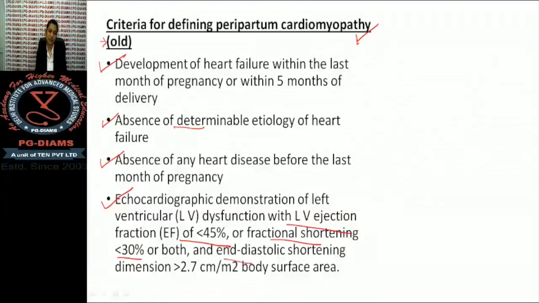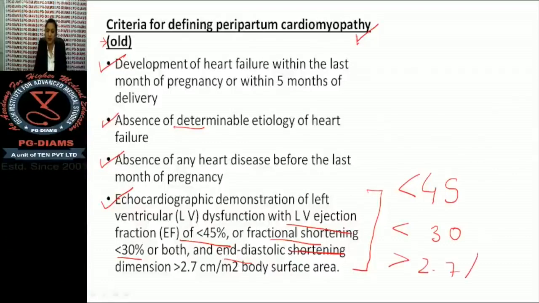dimension, no, that's not shortening, end diastolic dimension of more than 2.7 per meter square of body surface area. Now these are cardiologic definitions. For obstetrics, you just have to remember them. The numbers are: less than 45% is the LVEF, less than 30% is fractional shortening, and the dimension is more than 2.7 per meter square of body surface area. These are the criteria for defining peripartum